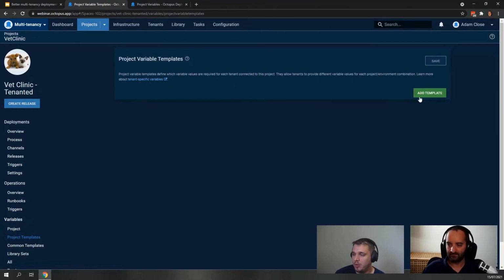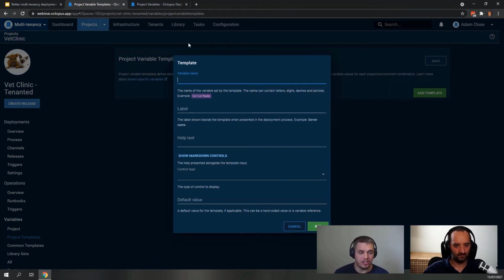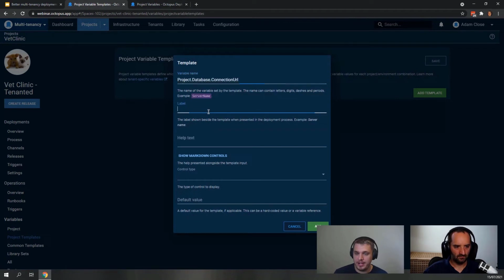Yeah, exactly. What I'll do, I'll create the first template to walk people through this. So again, this is the template. We're not filling in the variable values here for each tenant. That's actually done in the tenant. So all the manageability of these variables goes over to the tenant rather than the deployment process, which is key for scale and manageability. So all I do is just take the project database connection URL, a variable name, a nice name,